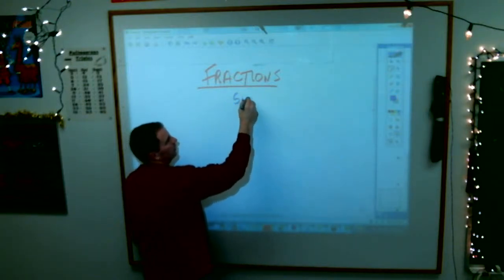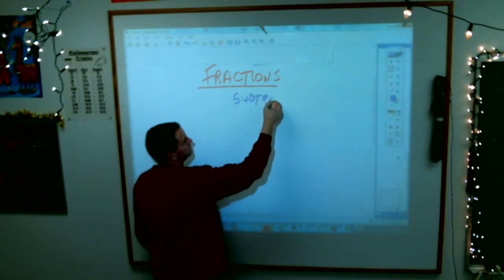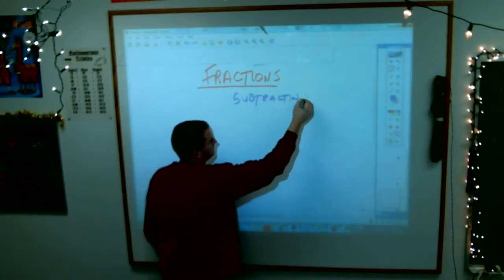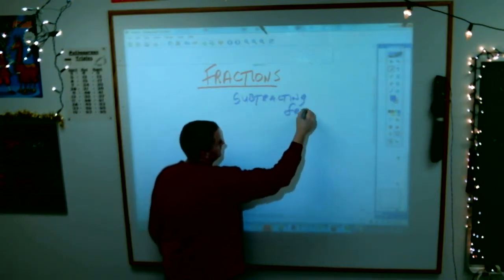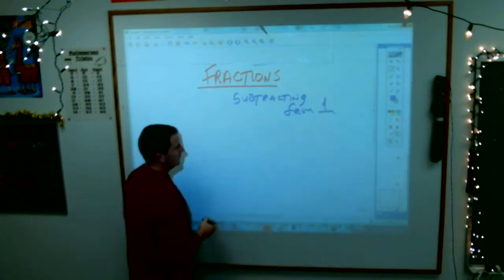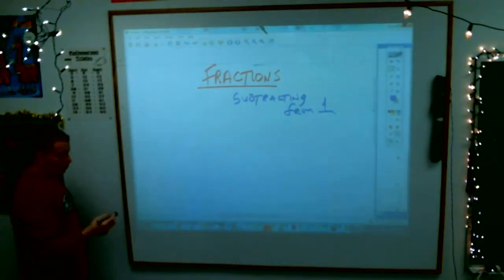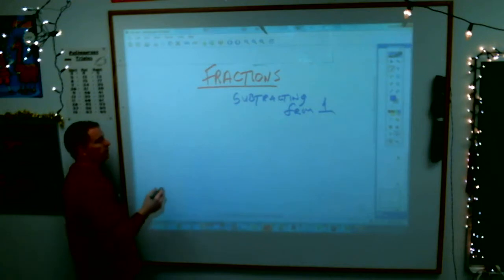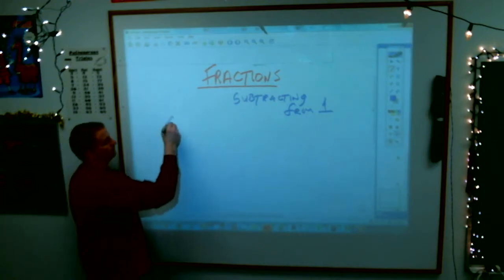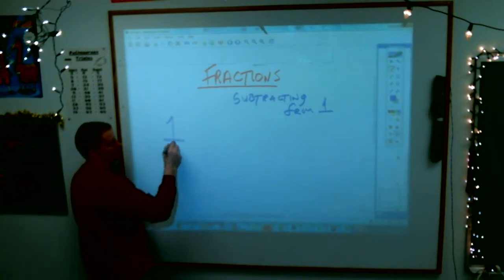Subtracting from 1. And what one must understand when subtracting from 1 is that